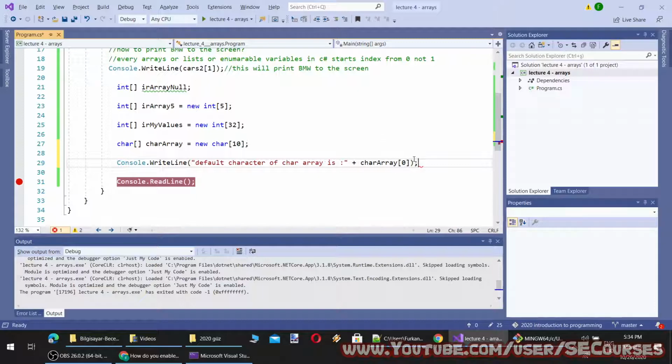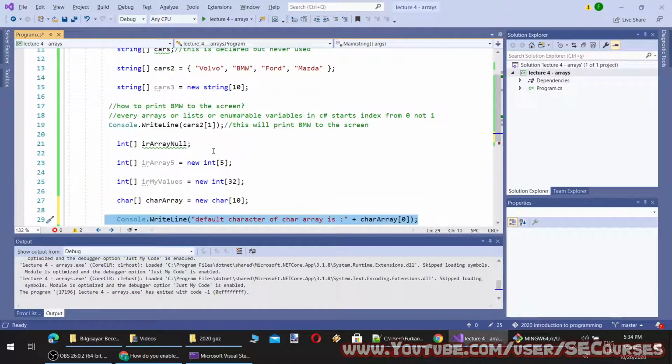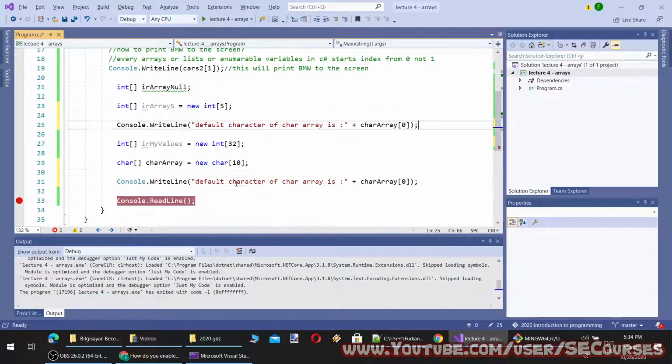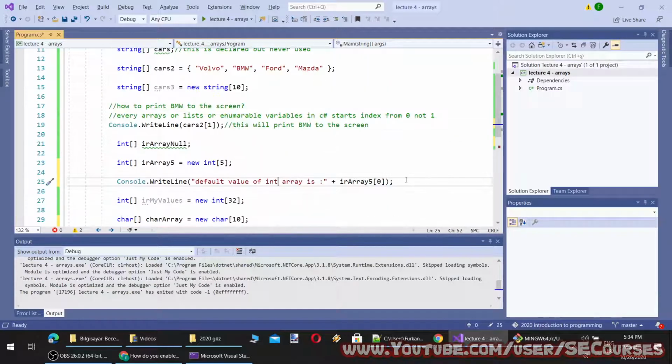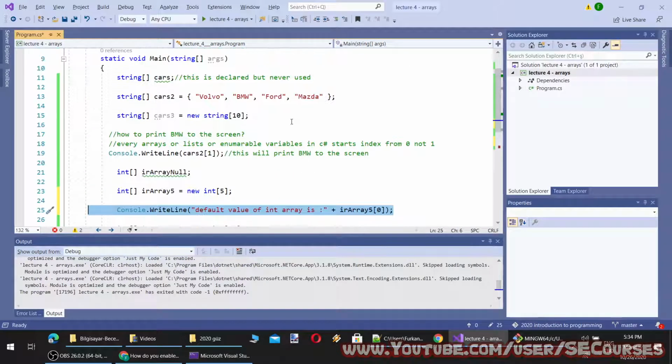This will print a zero indexed variable value. And let's do this as well, and let's do this for string as well.